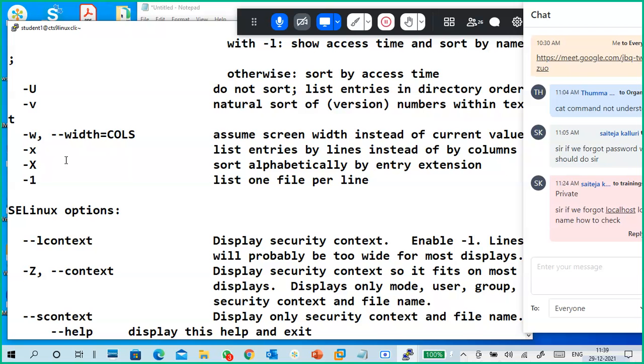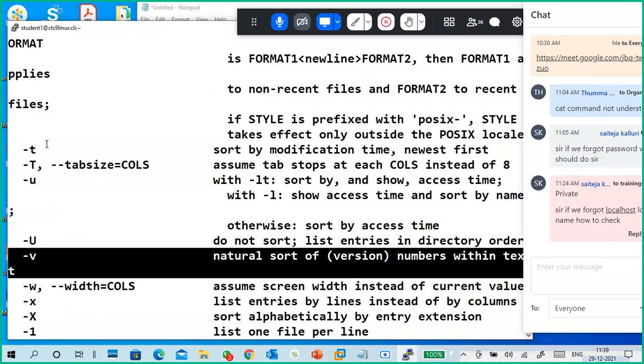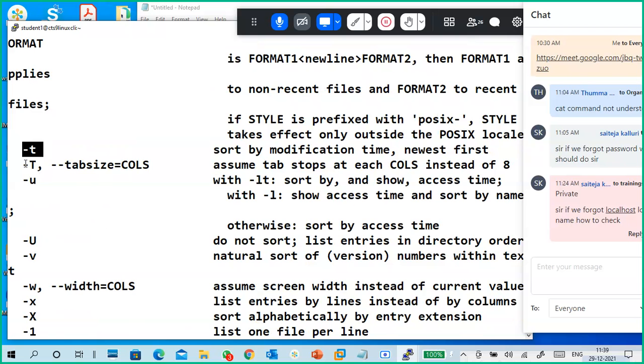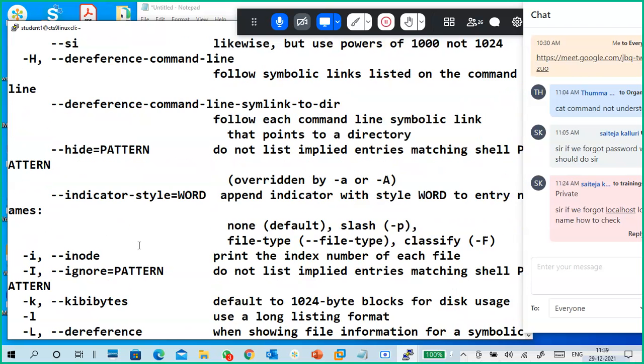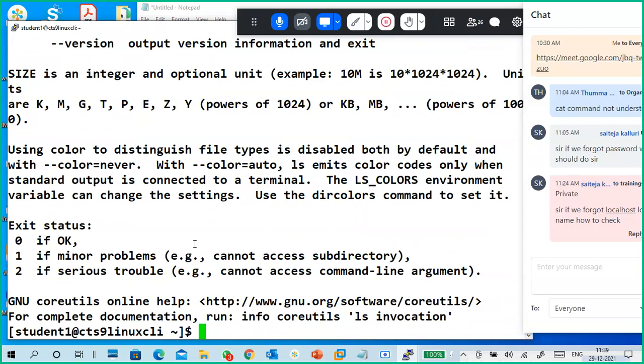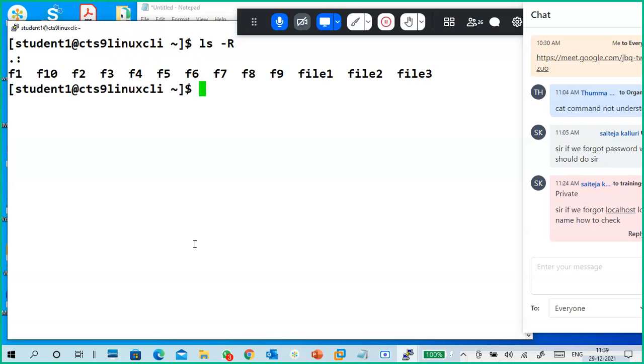You can find a lot of things like X, Y, Z kind of stuff. So many are there, so you can go for it. There is also -T, capital T, and -R, capital R, recursive. That is one more thing. So we'll show you that one. ls space capital R. It is not showing much now, Alan, so later we'll use this one.